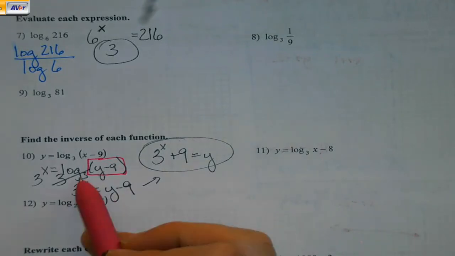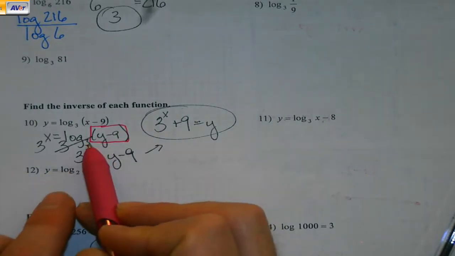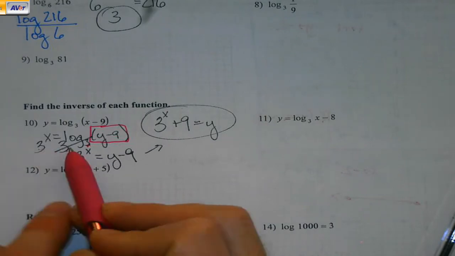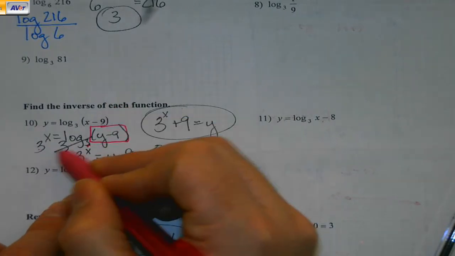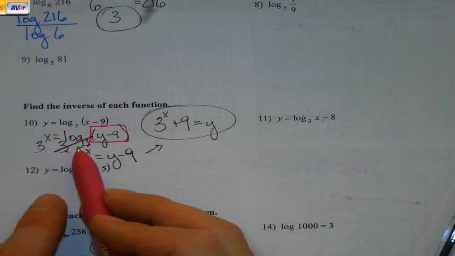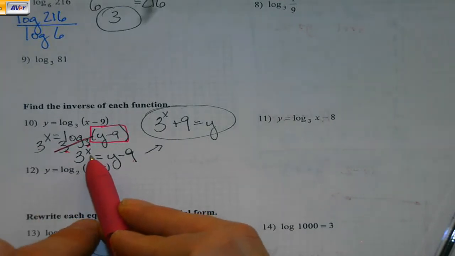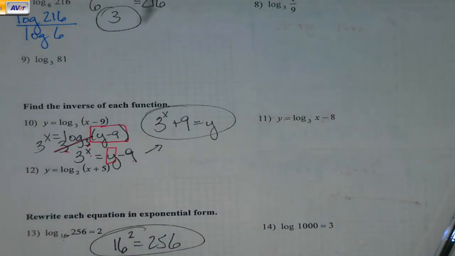Okay, but this log base 3 is here. How do I get rid of that? This is where we busted out the big word yesterday, exponentiate. It was just a fancy way of saying, whatever number this is, I'm going to use that on both sides to turn my equation into exponents. The 3 and the log 3 are inverses, so they go away. This is 3 to the x power. Okay, not 3x. And then when I'm trying to get y by itself,